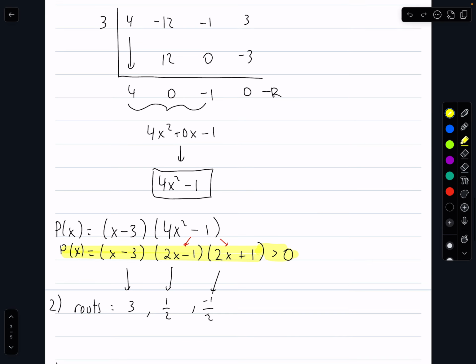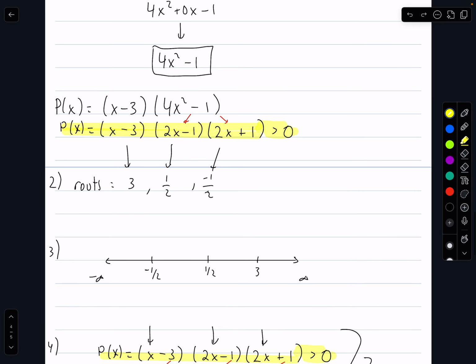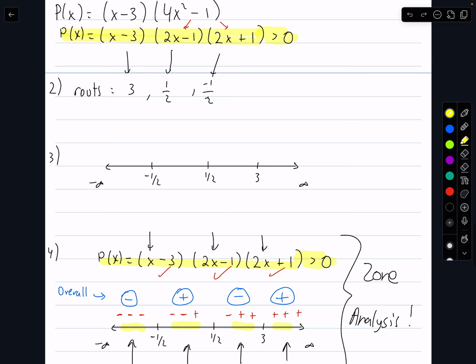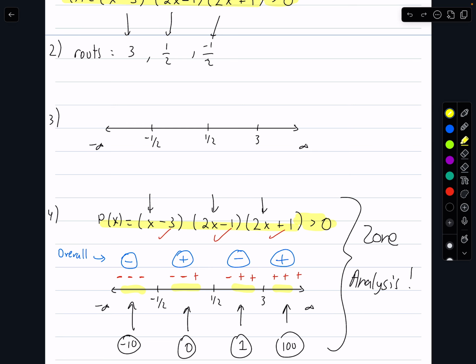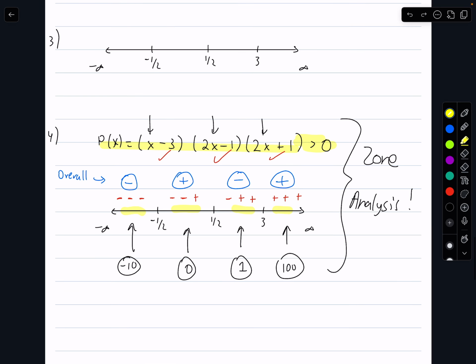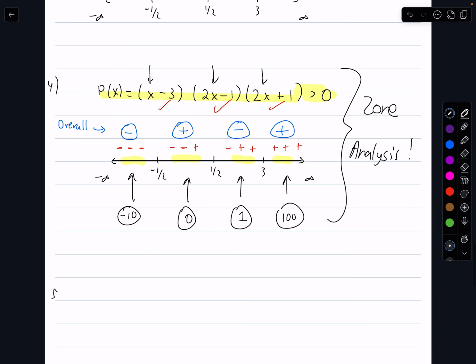Then you go into synthetic division, get the whole thing in factored form, find the roots, put the roots in the table. Sorry, not the table, the number line. And then once you get the number line, you do the zone analysis. Okay, cool. Now the question here is asking, what is the question asking? It's saying, where is p at x? So if p at x is equal to x minus 3, 2x minus 1, 2x plus 1, greater than 0,